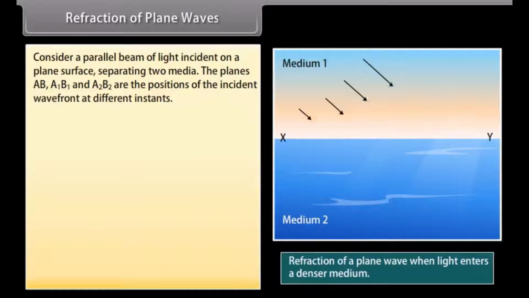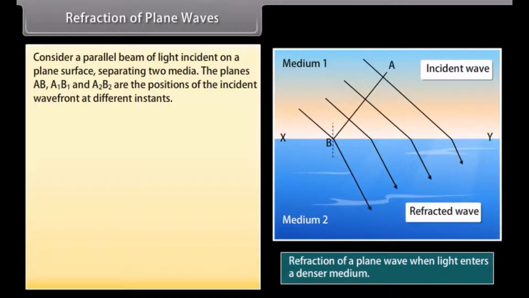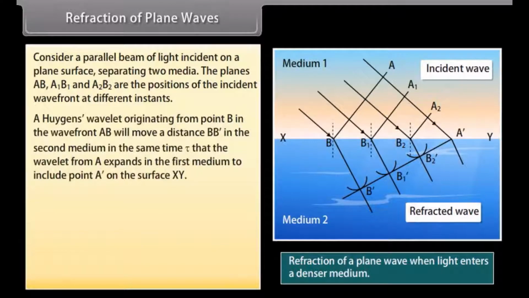Reflection of plane waves. Consider a parallel beam of light incident on a plane surface separating two media. The planes AB, A1-B1 and A2-B2 are the positions of the incident wavefront at different instants. A Huygens wavelet originating from point B in the wavefront AB will move a distance BB' in the second medium in the same time that the wavelet from A expands in the first medium to include point A' on the